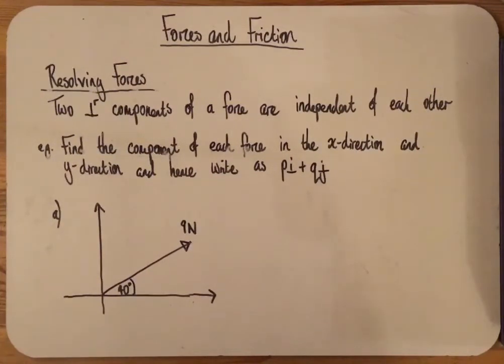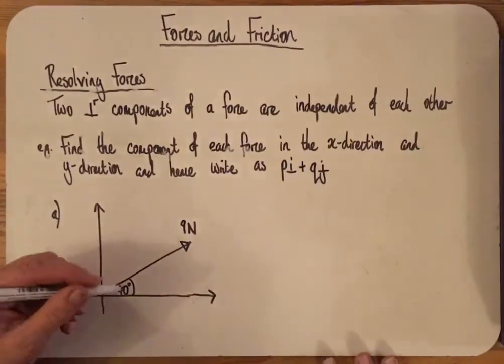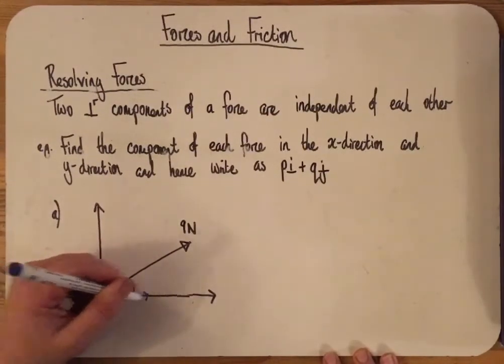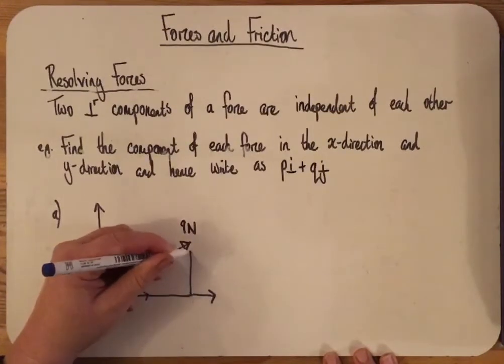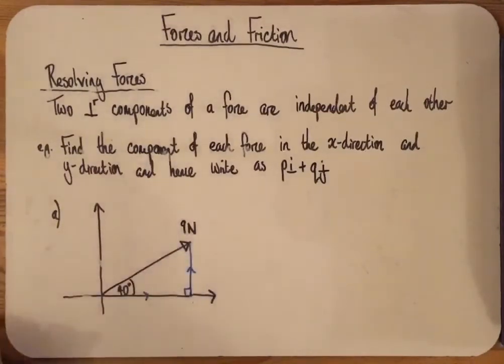So it's quite useful to resolve forces into two perpendicular directions. Normally you resolve them so that one component is in the direction of motion and the other component is perpendicular to it, but we'll talk about that as we go along. So resolving forces, essentially what I'm doing, so here's my force 9 newtons, positive x, positive y axis. So we're just going to start by writing these as vectors essentially. So we've got a bit going along here and a bit going up here. So there are two perpendicular